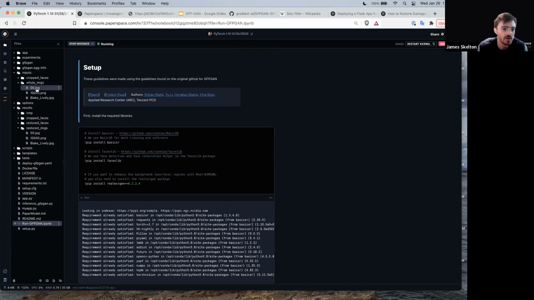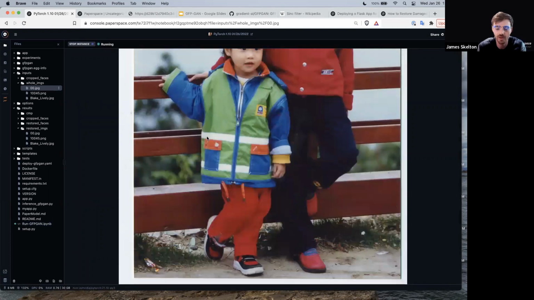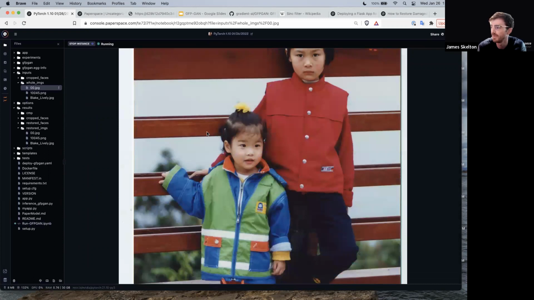So let's look at our inputs and then compare them to our now upscaled photos. So here we got a picture of what appear to be sisters or